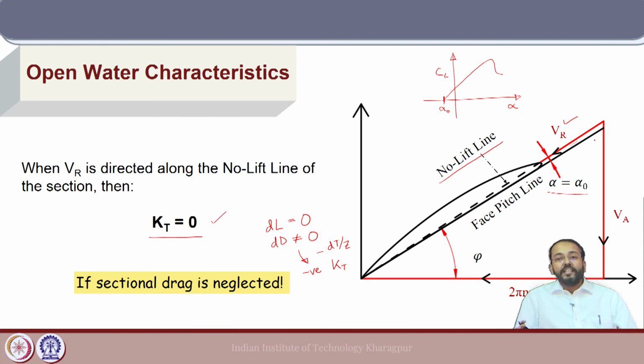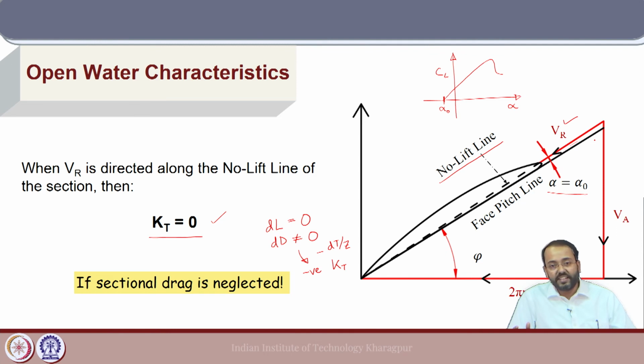So, if we consider the blade section, the resultant value from the lift should cancel out the component from the drag, which gives the sectional thrust, so that the total thrust generated by the section will be 0